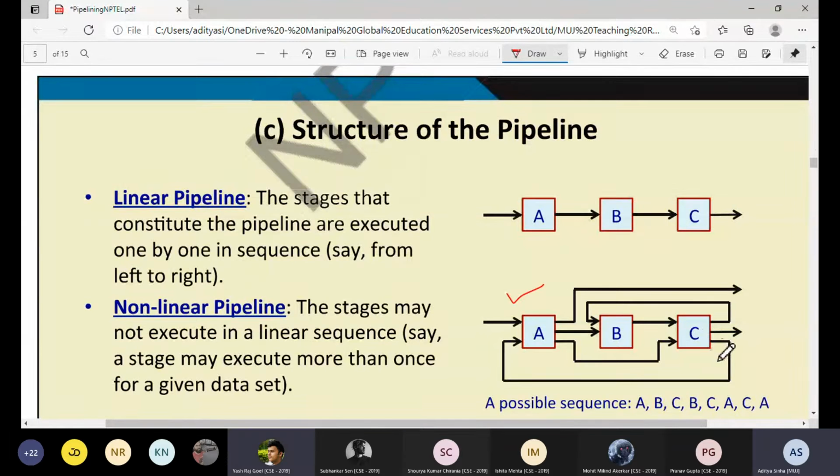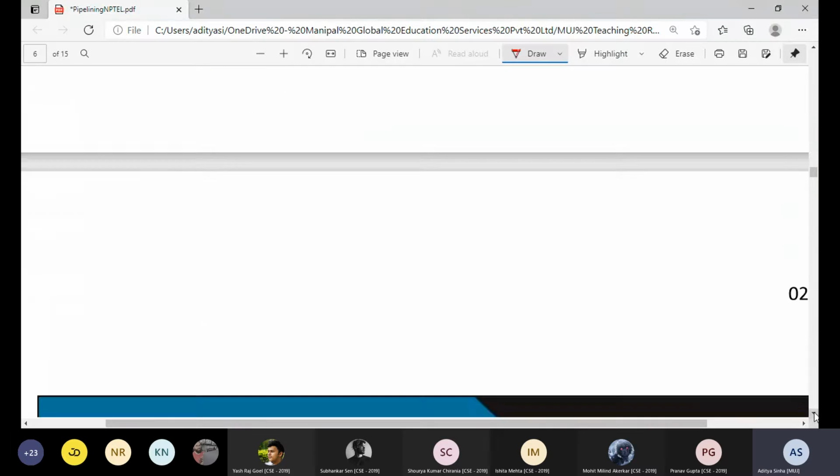Output going from C to A, sir. So you can go from this sub operation or segment back to the previous segment. Similarly, you're also going from C to B, and in some cases from B to A as well. So this kind of mechanism is called a feedback mechanism. So in linear pipelines, feed forward is possible, feedback is not possible. In non-linear, both are possible.